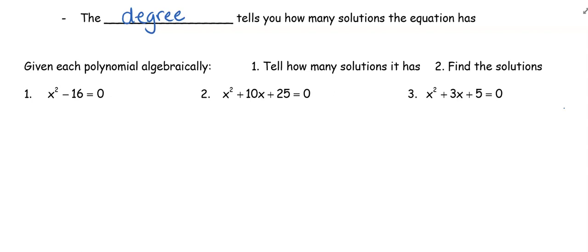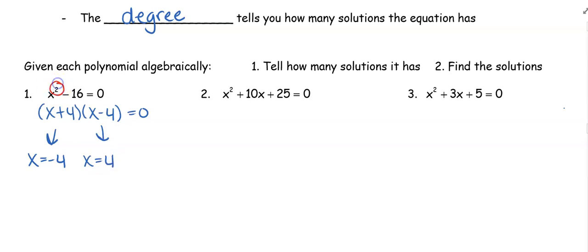We have quadratics. These are all quadratics. Actually, I'm going to factor. Difference of two squares, x plus 4, x minus 4. That tells me x is equal to negative 4, and x is equal to positive 4. I knew I should have two solutions because I have a degree 2 polynomial, and in this case, I have two real solutions. So the degree tells us how many we should expect to find,